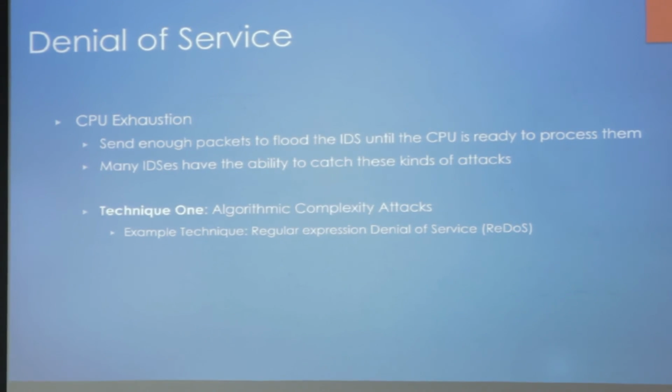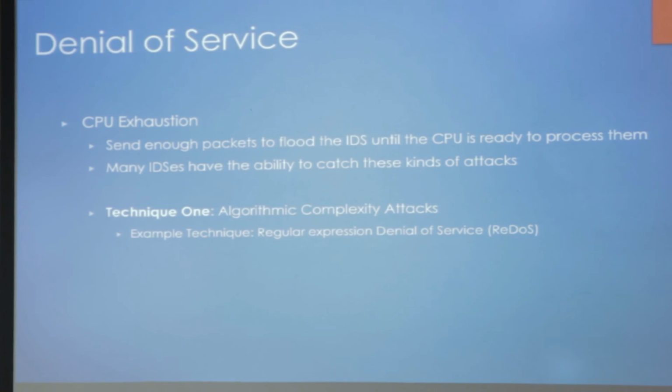So the first one is CPU exhaustion. What this is: packets captured by an IDS are stored in a kernel buffer until the CPU is ready to process them. What that means is when you take up all this data and put it into memory, then you have to continue processing, right? So to illustrate,